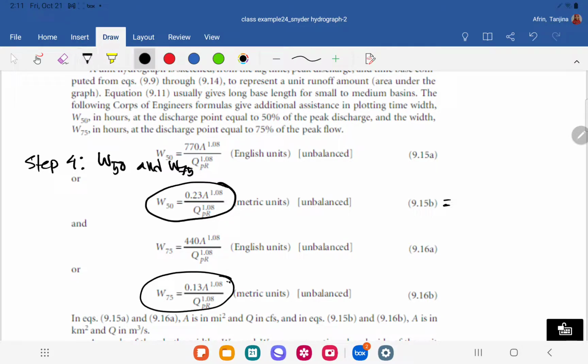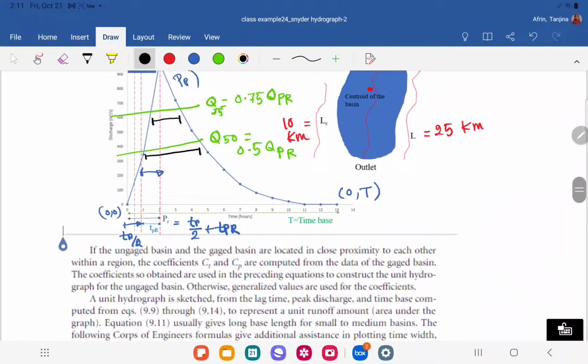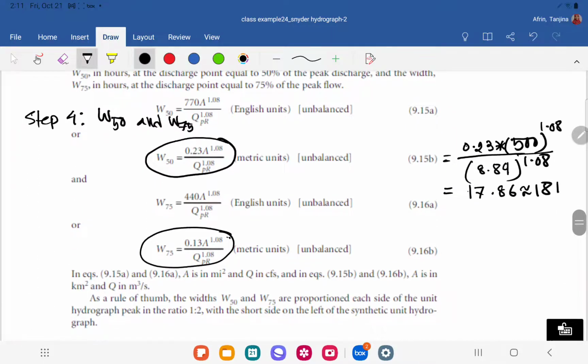Find out the W50: 0.23 multiplied with 500 to the power 1.08, and QPR is 8.89 to the power 1.08. If we do the calculation, 70.86, 18. Now we are trying to find this width, which is actually the time, so it will be 18